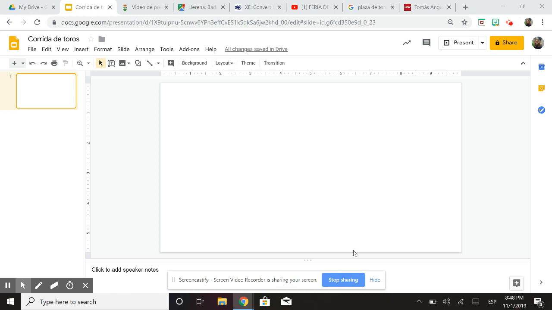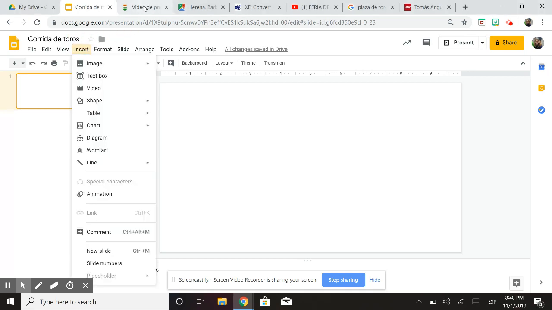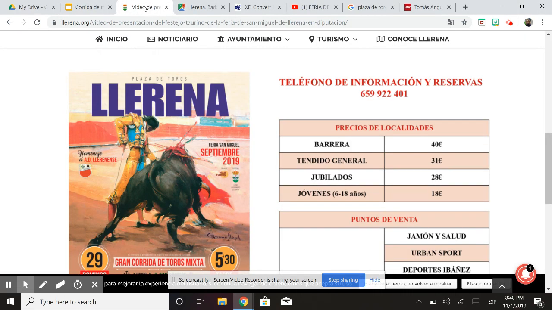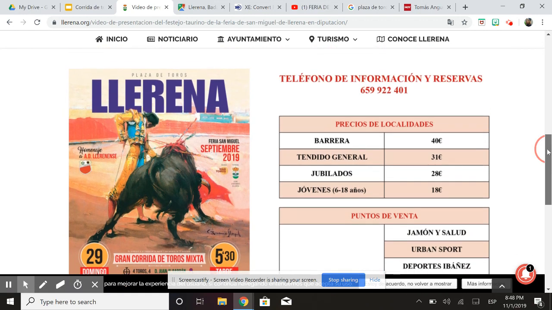Okay, I'm so excited to show you a really neat way to comprehensify authentic resources. So, I want to talk to my kiddos about corrida de toros, and basically, I'm going to make a really souped up picture talk. So, first, you're going to want to find an image that has a lot of things to talk about, and I found this